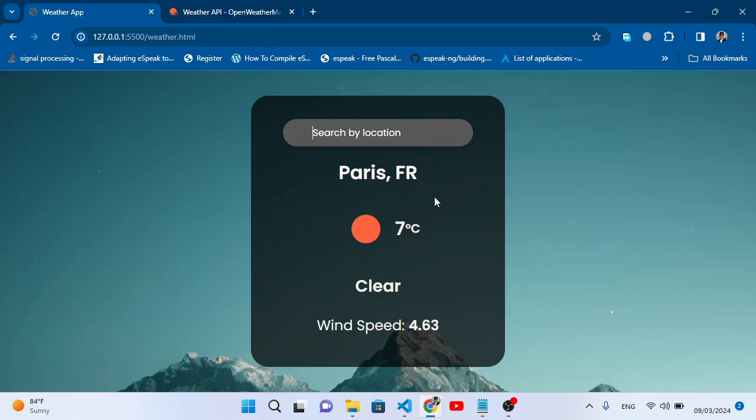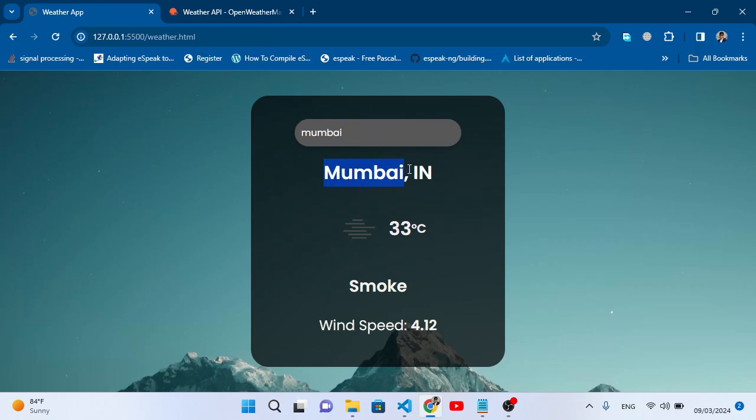For example, we would like to search another city, so for example Mumbai. Press enter, so it will automatically fetch the data related to Mumbai. See, Mumbai in India, and this is the icon, and 33 centigrade, smoke, and wind speed 4.12. Let's change the city, for example, to Quetta. Press enter, so it will fetch the data related to Quetta, PK, 15, and cloud, and this is